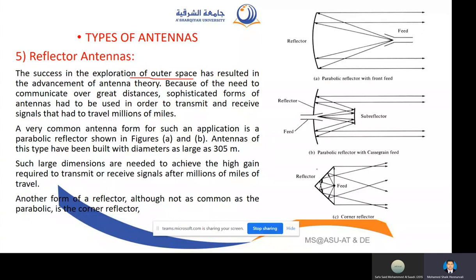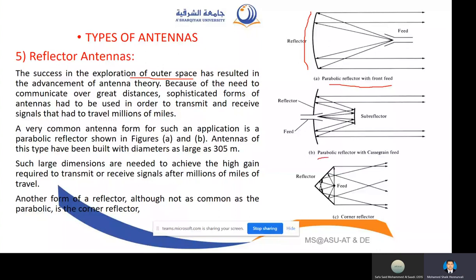All the antennas I showed you before in Google Chrome, those DTH and space antennas, are all examples of reflector antennas, parabolic. Wherein you have one plate like this to reflect those rays to the feeder. If the feeder is arranged in this configuration, we call it a parabolic reflector with front feed. That means the feed will be at the front. The best example is your DTH television, right?